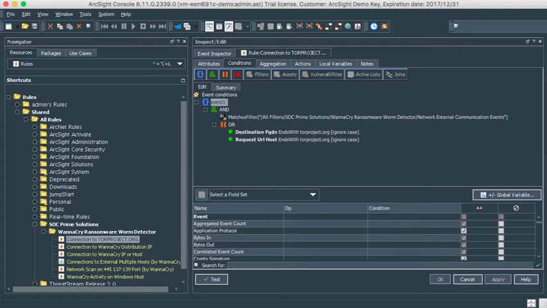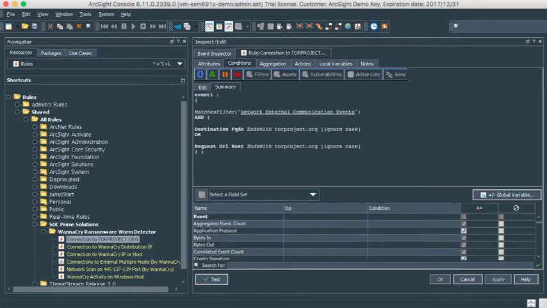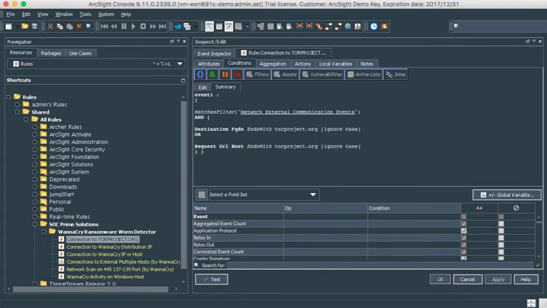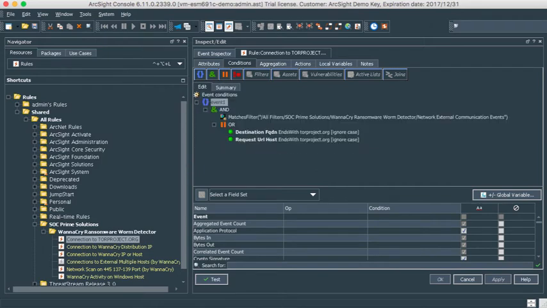Again, nice little tool tip that you might not be aware of. If you go to the summary tab, you can see that it's just a description of the logic here. If you either click or hover over the bit where it says the filter, it'll give you the contents of the filter itself there. So what we're doing there is we're making sure that this is an external communication because we want to make sure that this is something connecting to the Tor project. And in this particular example, go back to the conditions. We can see we're just making sure that it's going to a particular kind of destination there. That's a very simple thing as it tries to communicate